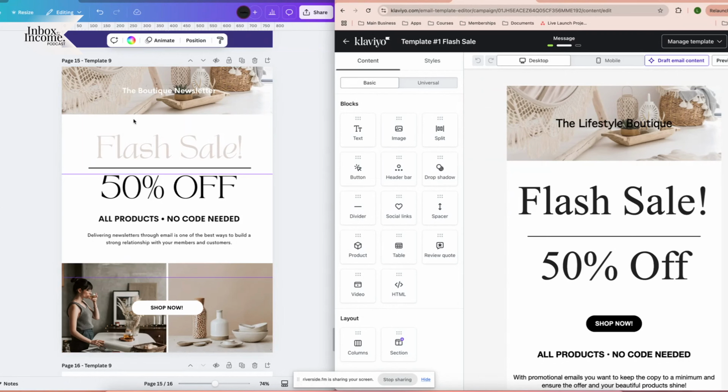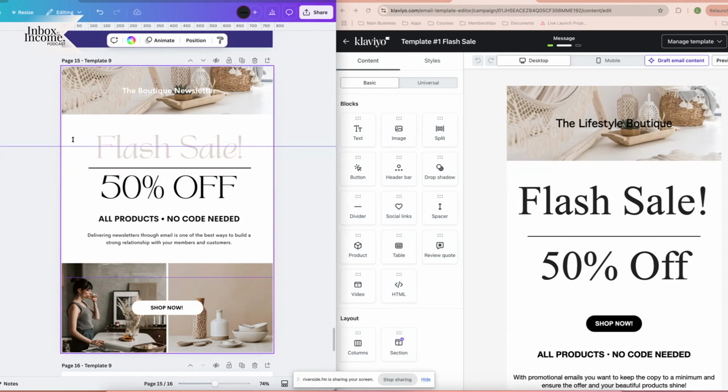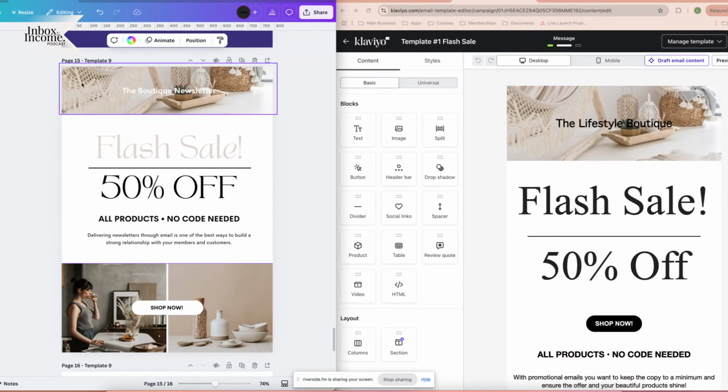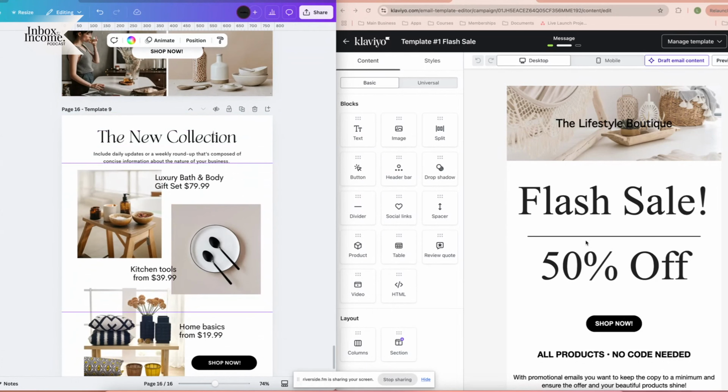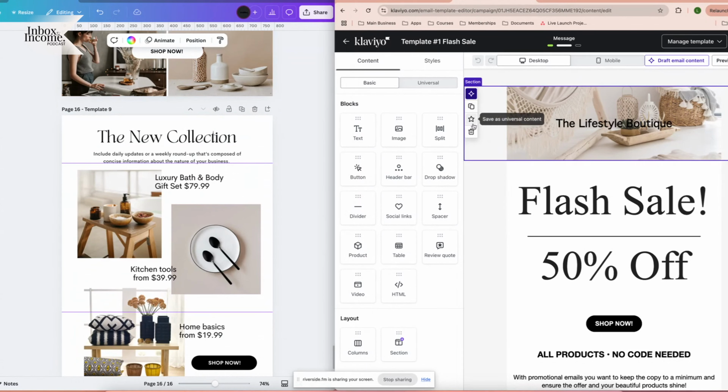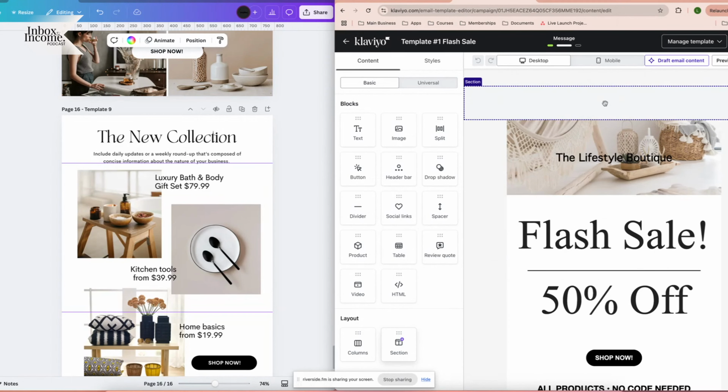As I mentioned, you're going to try and identify different sections, and it's easiest to go with blocks or rectangular sections that have the same type of content. So here we've got text, there we've got the banner, here we've got a block image, and then here we've got that going on. As you can see on the left hand panel, it says section. So you can just drag a section over,